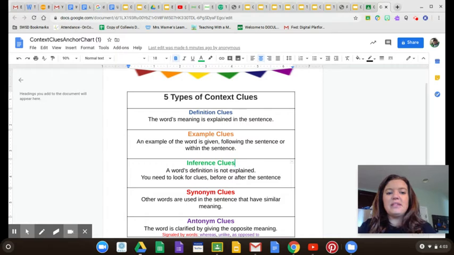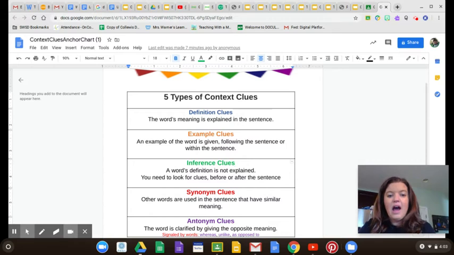So sometimes the text will just flat out give you the definition of the word. The second one is the example clues. So an example of the word is given following the sentence or within that actual sentence. An inference clue, that's a word's definition where the definition is not explained. You need to look for clues before and after the sentence to infer what you think the